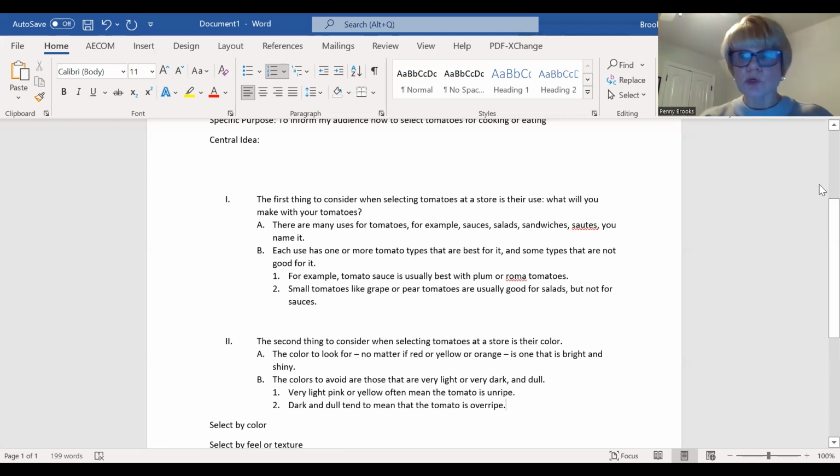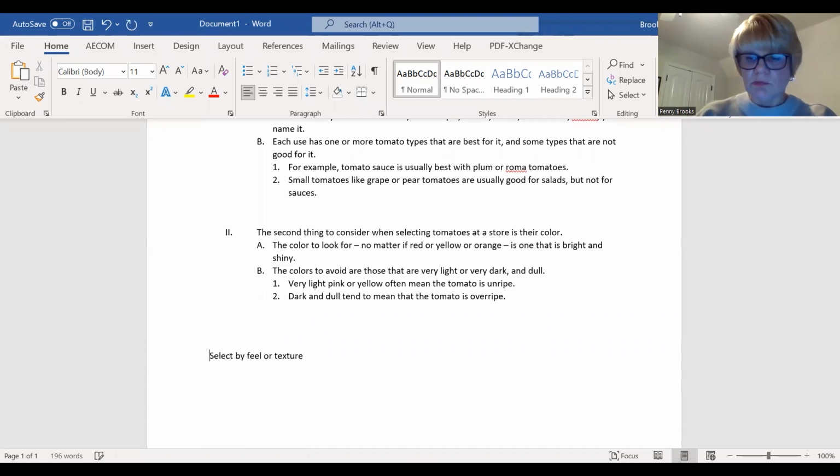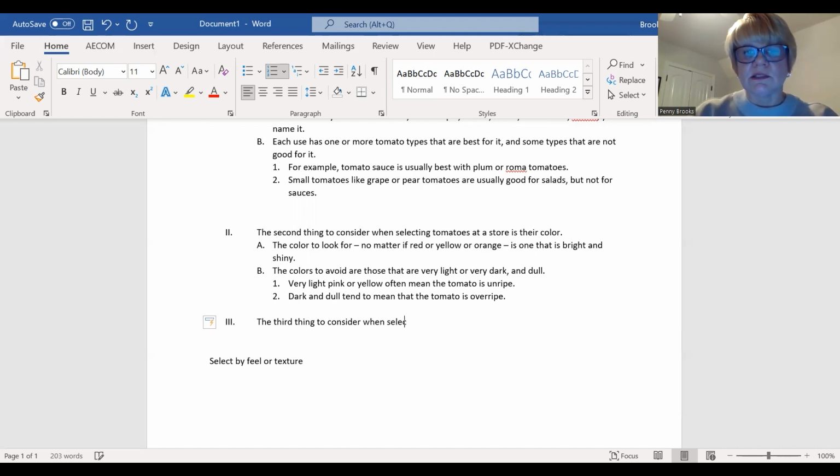So I'm going to add more to it. Don't worry, this is just getting thoughts down. And then my third main point is, and I need to put some space in here, by the feel or texture. Fun of outlining. The third thing to consider when selecting tomatoes at a store is by feel or texture. And then my A and my B and my 1, my 2 will all be about